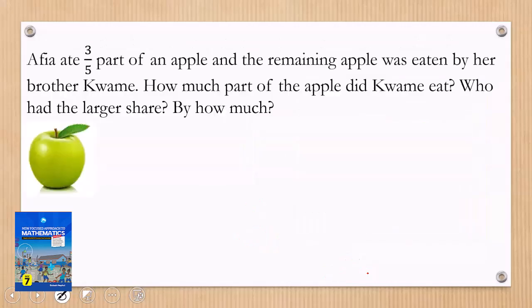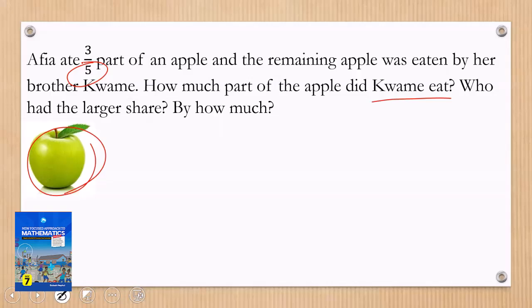If you ate 3/5 part of an apple and the remaining apple was eaten by her brother Kwame, how much part of the apple did Kwame eat? And who had a larger share? By how much? All right, so if this is the whole apple and it has been divided into 5, then